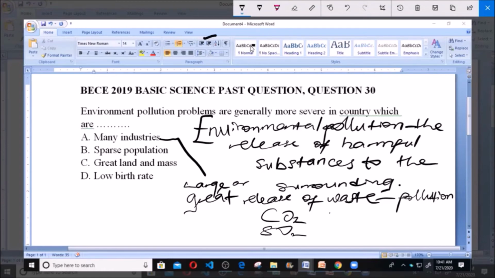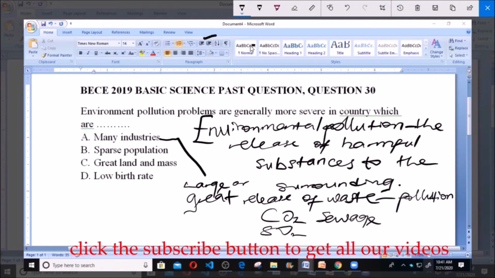Even sewage from these industries, because a country with large industries will lead to severe environmental pollution, because some of these wastes coming out from these industries will pollute the environment. Now, B says what? Sparse population. When a country has sparse population, the environmental pollution will be reduced, because the activities that people carry out will be reduced because the population is very low. So this sparse population simply means